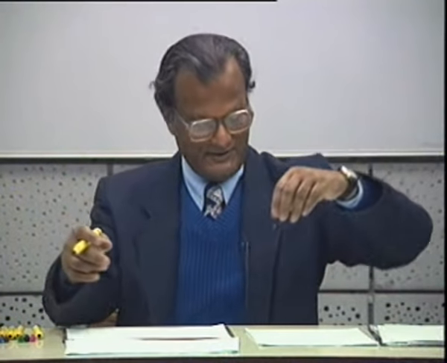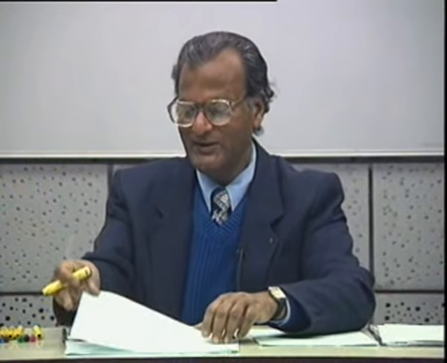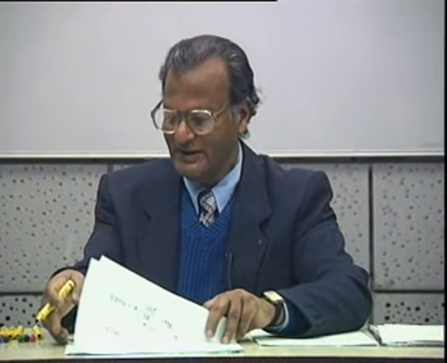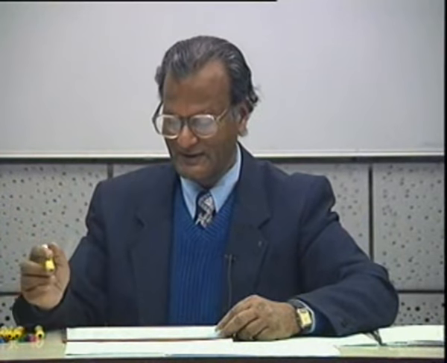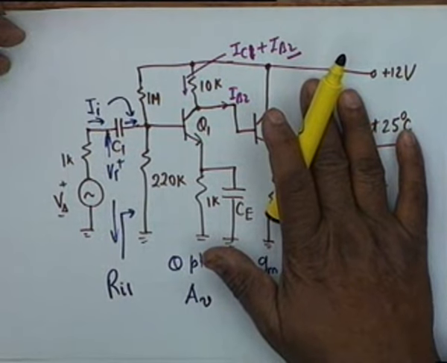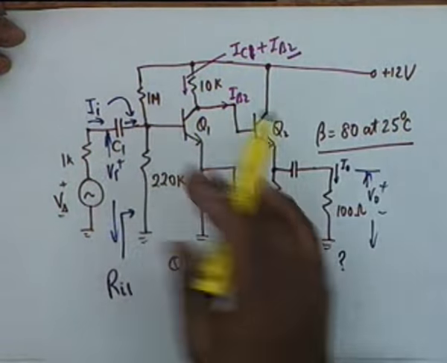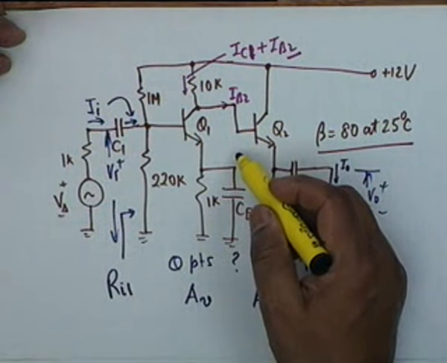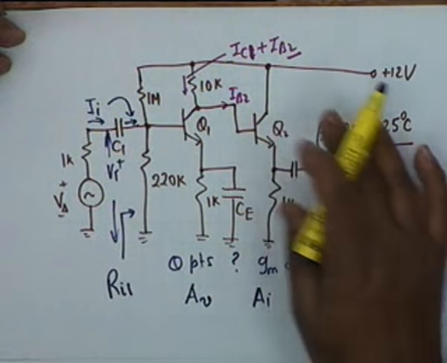Now, to calculate the gain, what I should do as a matter of discipline is to draw the equivalent circuit. But let's try to do it by inspection. The gain of the second stage, you have to start from the last. Why? You cannot start from here unless you calculate Ri2. So you start from the last.